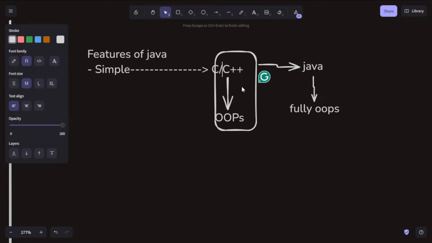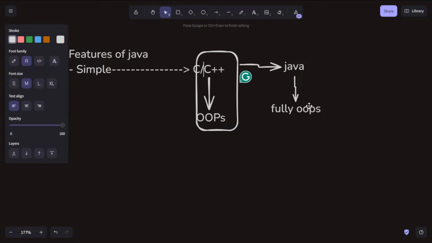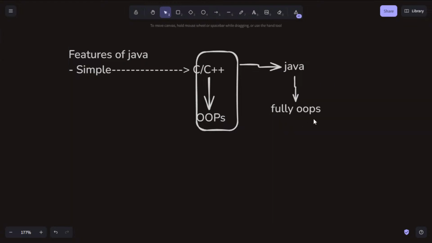You are generally required to manage your memory yourself. But in Java, it's not like that. Java has the feature of garbage collection that automatically allocates and deallocates the memory for your objects and variables. That's why it's called simple. There is no headache of managing memory.